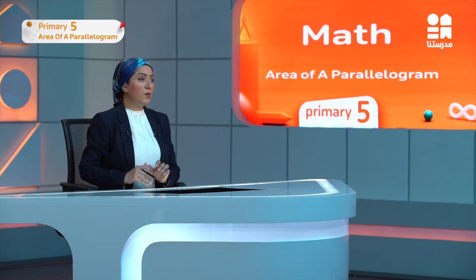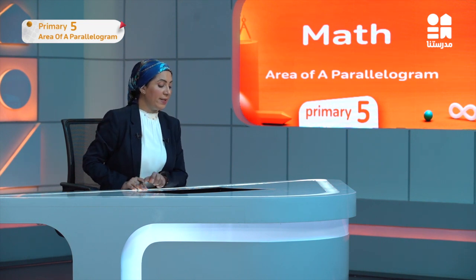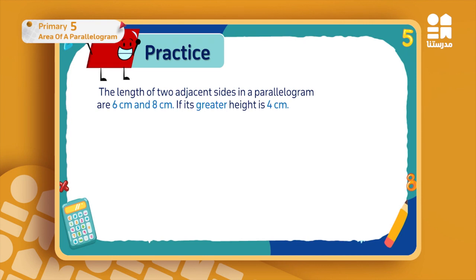Now, another question. The lengths of two adjacent sides in a parallelogram are 6 centimeters and 8 centimeters. If the greater height is 4 centimeters, find its smaller height. As we said before, the greater height is the one that comes with the corresponding smaller base, which is 6 centimeters. I want the smaller height, so it will come with the bigger